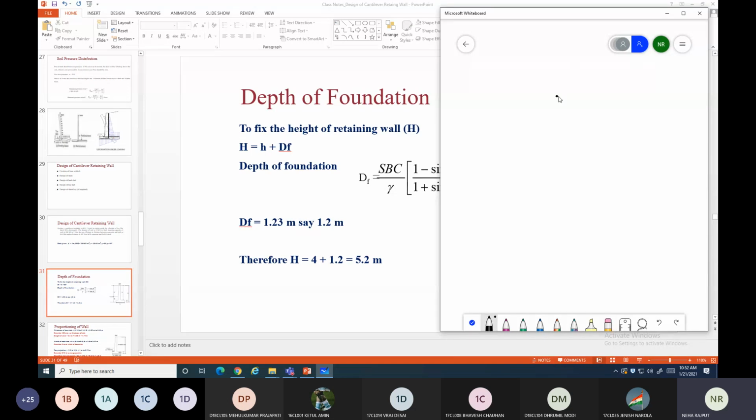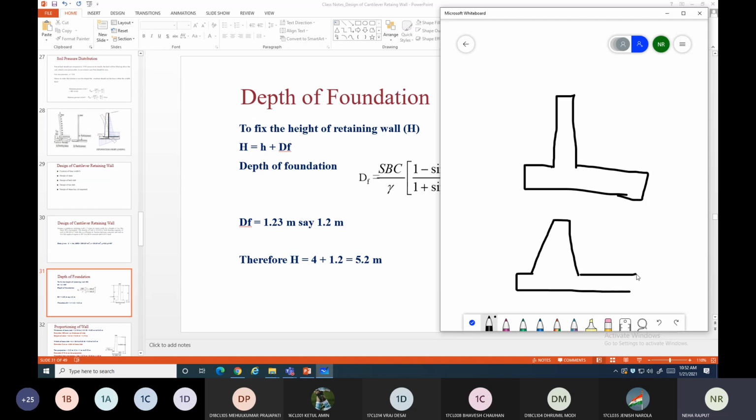You can design the retaining wall with the stem member as a rectangle, this type of T shape, or you can make your stem part trapezoidal this way. Both designs are applicable for the T shape, right? The difference between this rectangle stem and this trapezoidal stem is